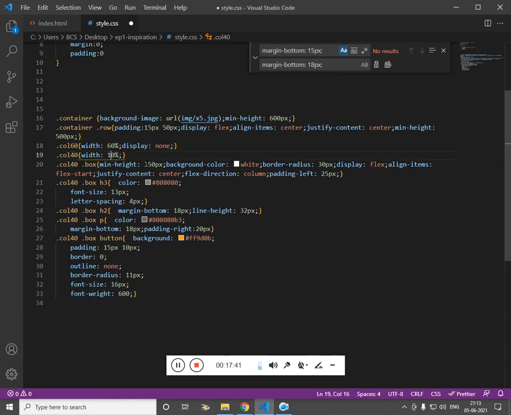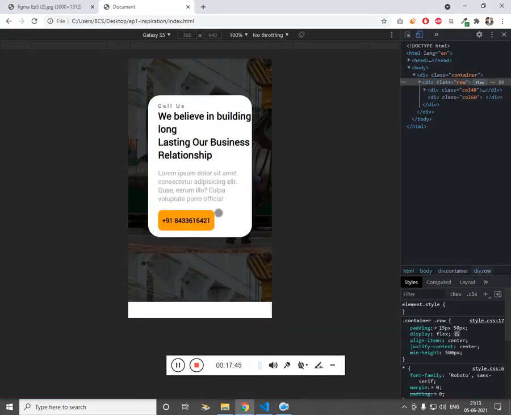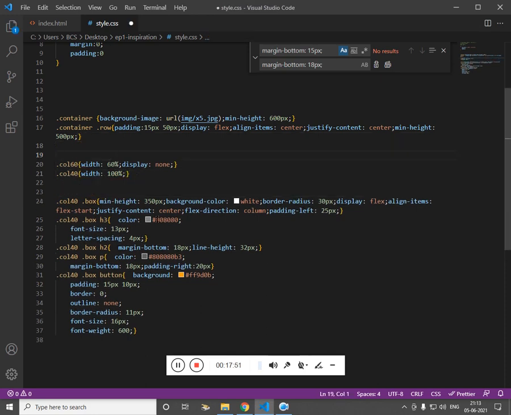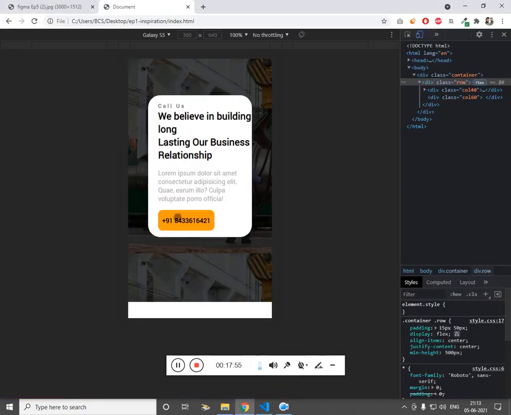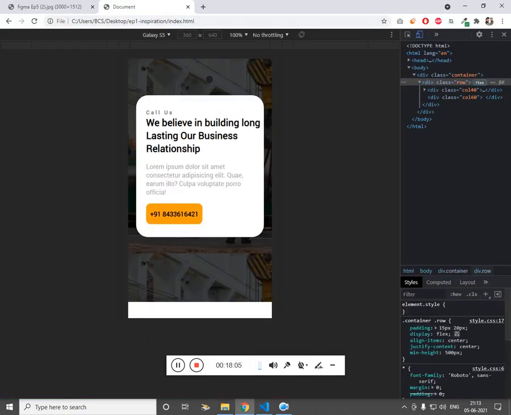So if I refresh, and we have modified these two, and let me decrease the padding, let's say 20. Refresh, let's say 10. Alright, so this is for mobile.